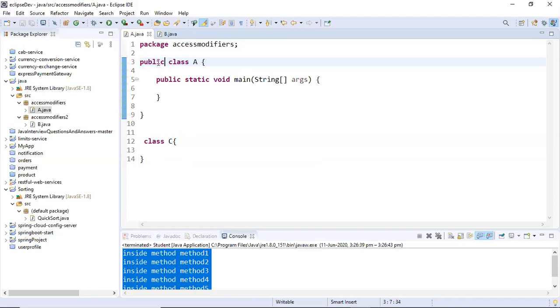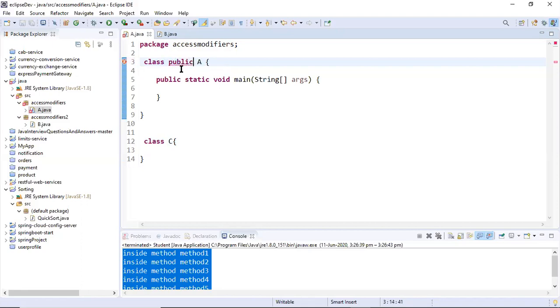Fine. Let me do a few more things. Let me try to write the private keyword here. See, an error is coming. So the private keyword is not allowed just before the class. And let me use protected. See, it is also not allowed. I'm not making any mistake. Even if I put it ahead of this, it will still not work.